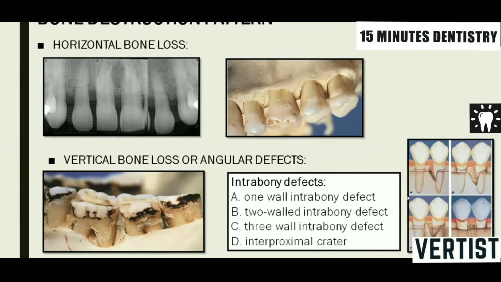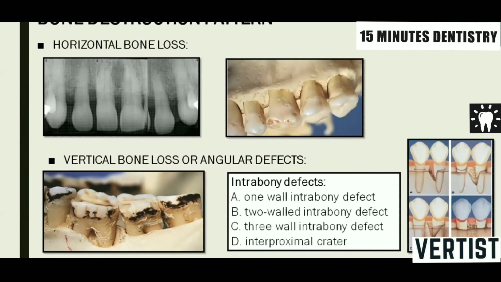In the first diagram, can you see there is only one wall present. This is called a one wall defect. In a one wall defect, three walls are absent and only one wall is present. In a two wall defect, two walls are present and two walls are absent. You can see in the second diagram, two walls are present, two walls are absent. And in diagram C, you can see a three wall defect. Three wall has a better prognosis because three walls are present and only one wall is disrupted.